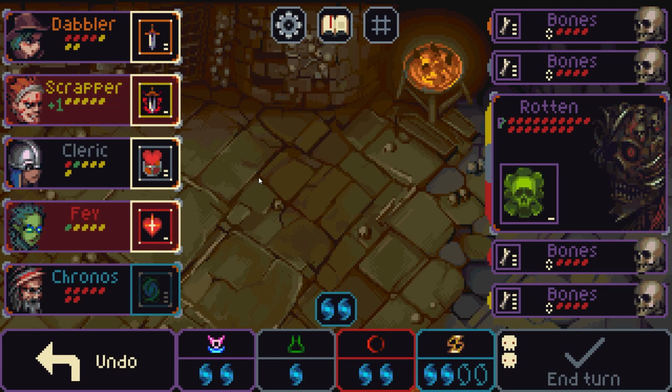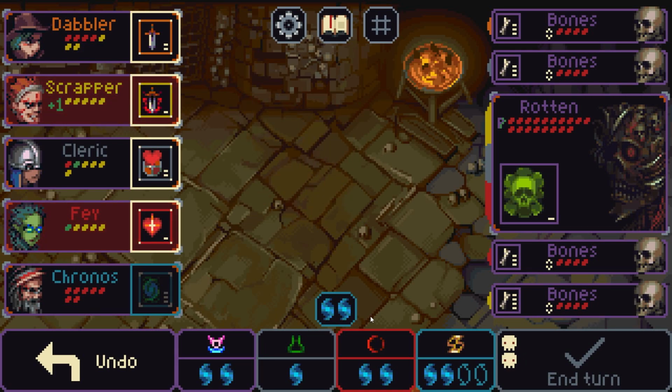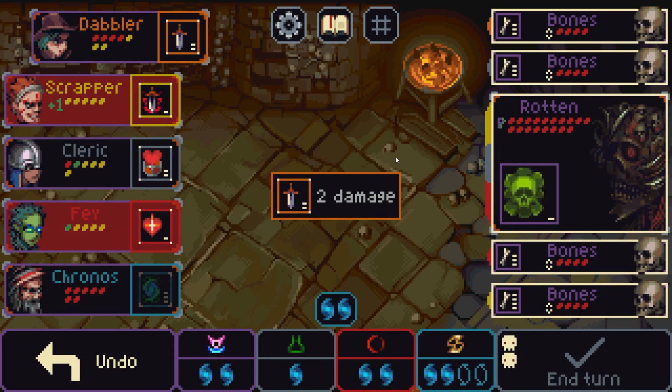I could protect the Fae with a murder. I could do a murder upon them. It's not bad. Always a good answer. It means we're not getting damage on the Rotten. But I think that's probably the best we can expect right now. Is to do a little bit of that. So we could do...